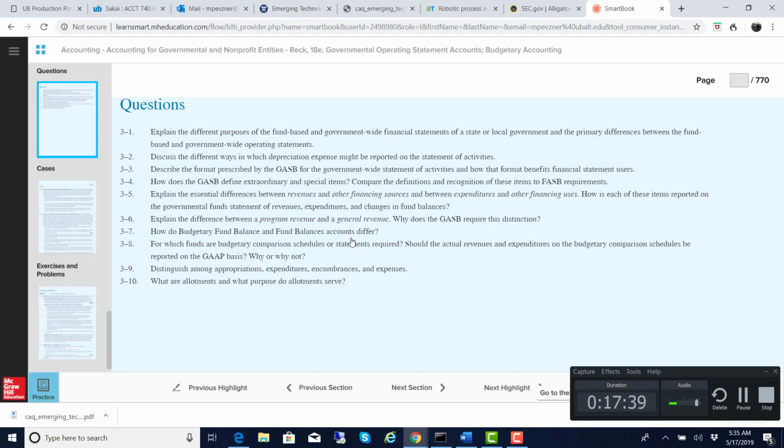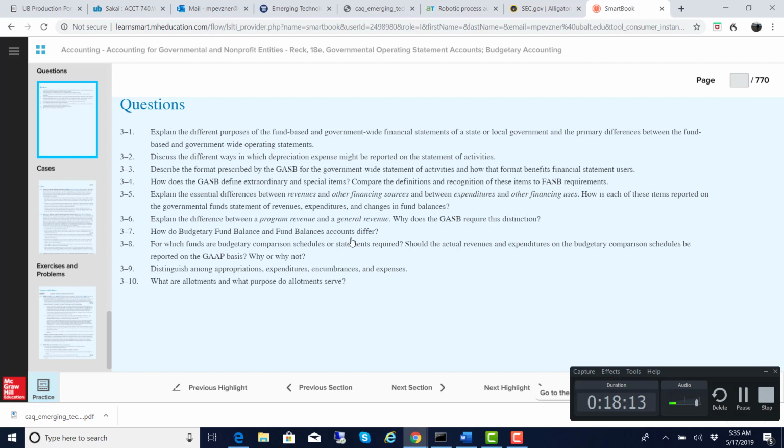Now, at the end of every period, budgetary accounts are all closed because you have a new budget. So the biggest difference, therefore, between the budgetary fund balance and the fund balance is that the budgetary fund balance at the end of the period is zeroed out. It's closed out, because you start the new year with an entirely new budget. So you don't want to carry the old budgetary balance over unless there are special provisions in the particular government that they desire that.